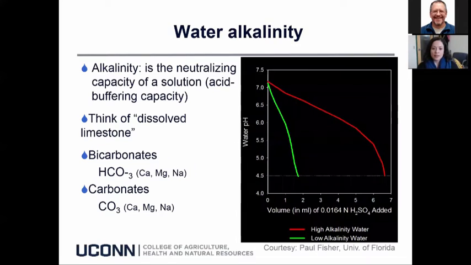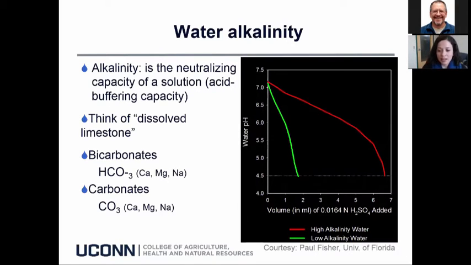So to visualize this in an easier way, what we have in this graph, on the x-axis, you will see the volume of sulfuric acid. It goes in milliliters from 0 to 7. And then on the y-axis, we have water pH. So if you look at the red line to begin with,